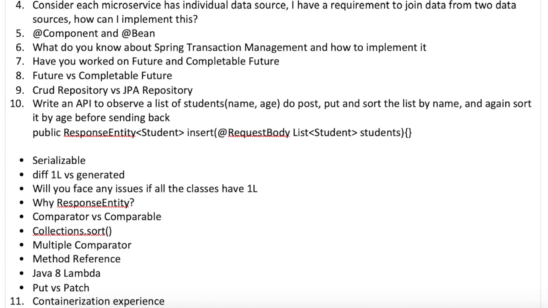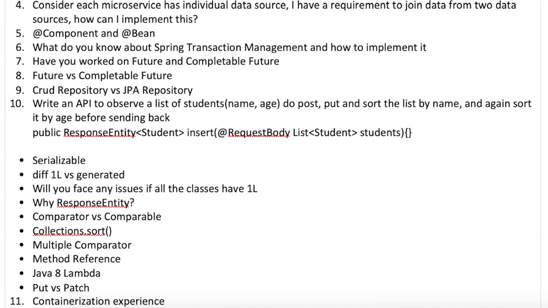He was asking me what is the importance of a parent tag in the pom.xml, and how Spring Boot dependencies are managed. So one good answer for this: you can say the Spring Boot dependencies are managed like in a multi-module project. If you worked on a multi-module project, you know how dependencies are managed between multiple different projects inside that same project. So you can say this is the same concept that is used in Spring Boot.